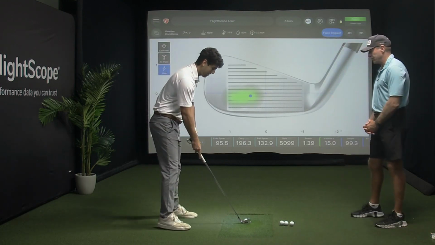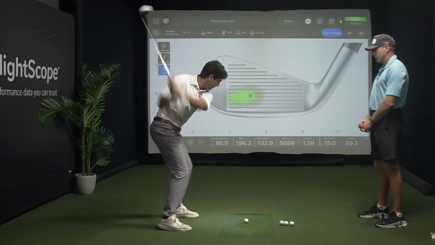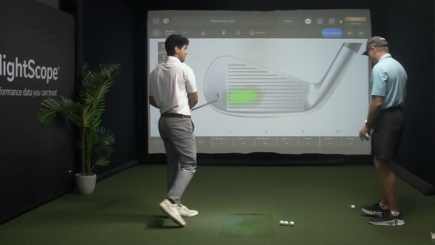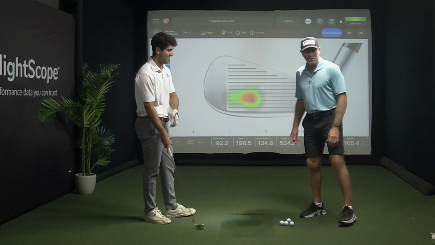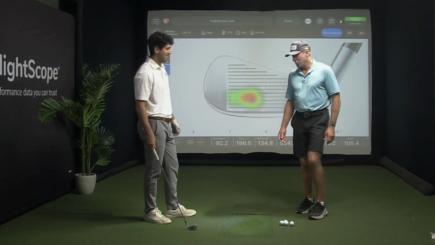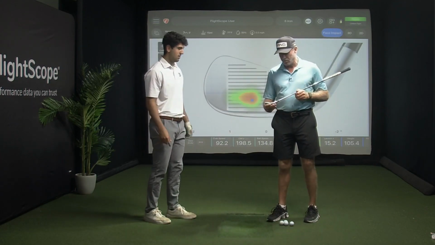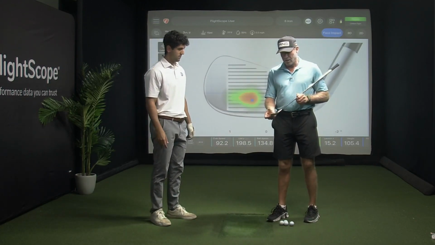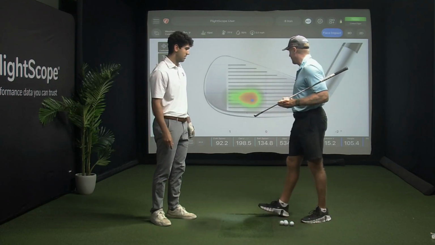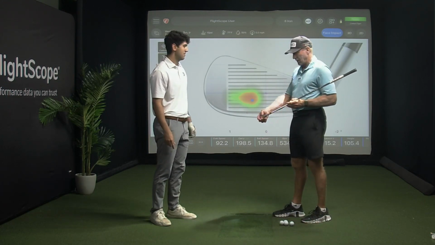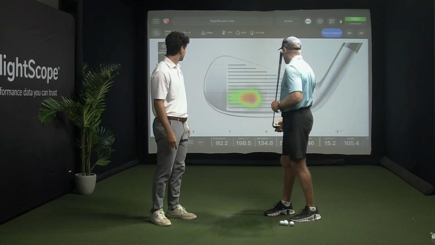All right, one more. That one? That's a little off the toe. Well, the good news is it's very consistent. Yep. So let's have a look here, and we can see by just the spray on here that he definitely is over onto the toe, pretty spot on. Yeah, onto the toe, and we just look up, and that's pretty much showing exactly where it is. We'd say the center is here, and we would say